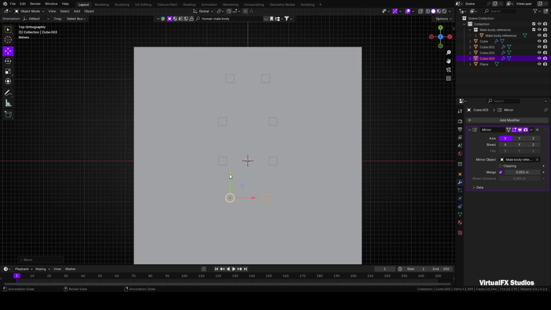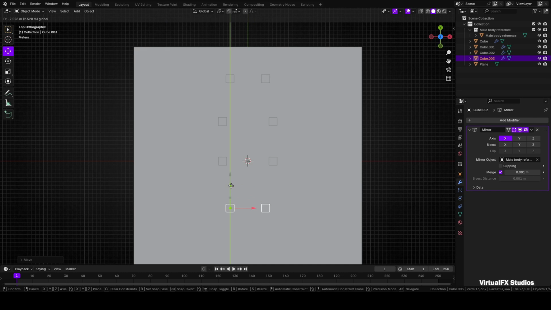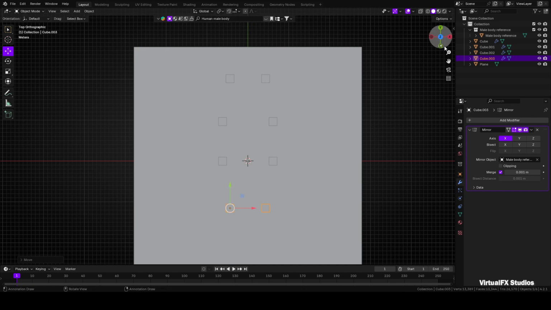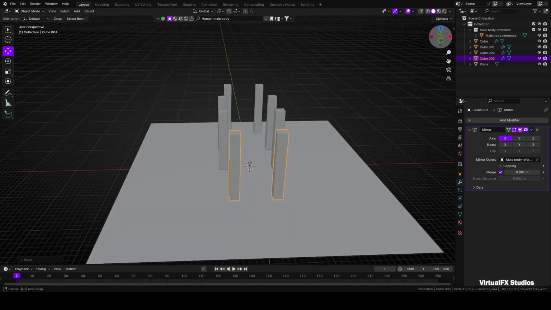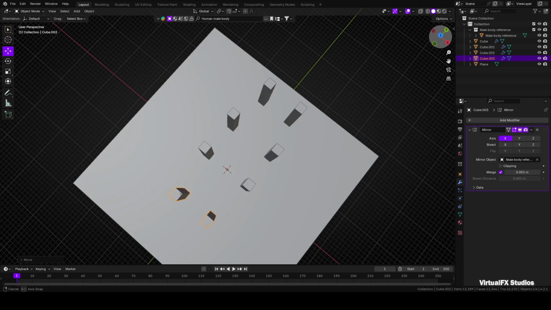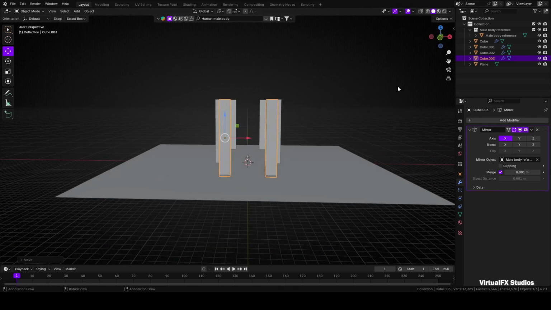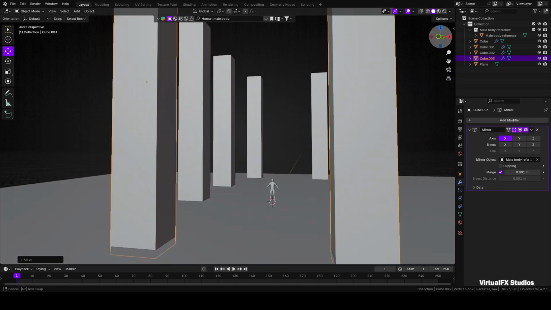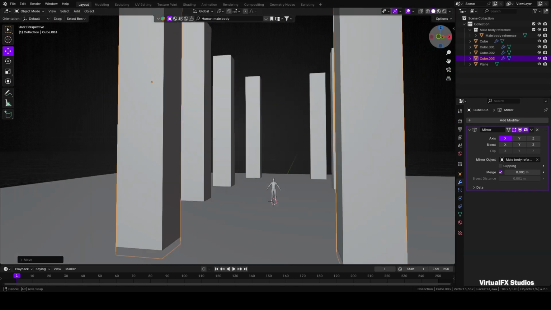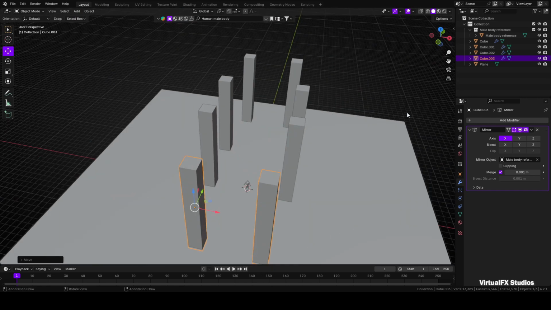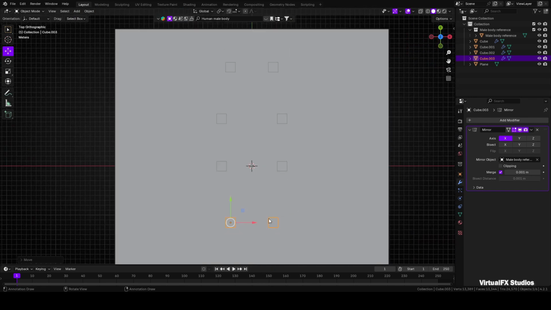Now if you are feeling confused, let me clarify. The pillars at the very back will serve as the back door pillars. The four pillars in the middle, spaced a bit wider, are the main hall pillars, and the ones in the front are the entry door cave pillars. By blocking out the scene this way, your work becomes much easier. You can block out any scene before adding detailed assets.